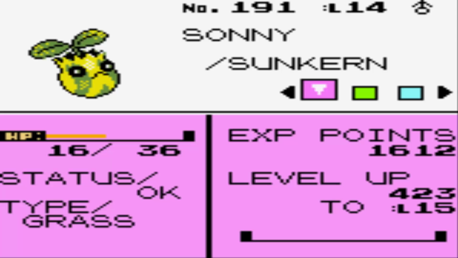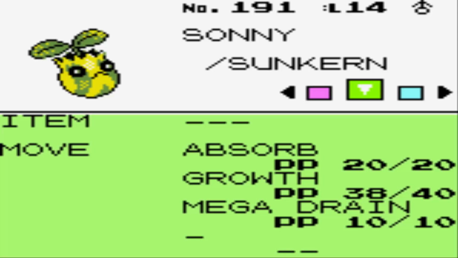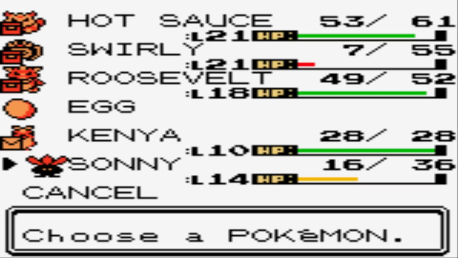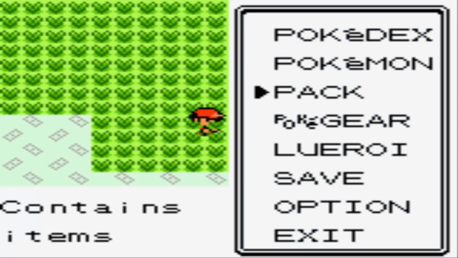Yeah, hopefully we don't hate ourselves too much for doing this. So, Sunkern, all it's gonna know at the beginning is Absorb, Growth, and Mega Drain. And as you can see, its stats are really bad, so first thing I'm going to recommend doing here,